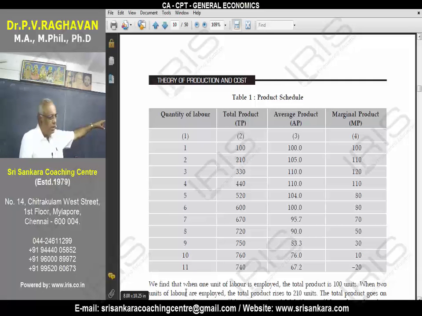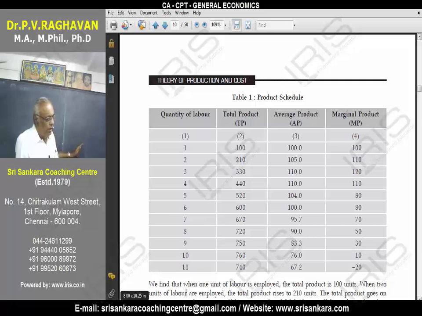First look here: worker, laborer. Leave the second column. Third, you go to the last column. What is the last column? Marginal product. What each worker is producing, one worker is employed. How much is the marginal product? Look at the last, 100. Now units is not mentioned. So mention there in kilogram, write it on top. In kgs.